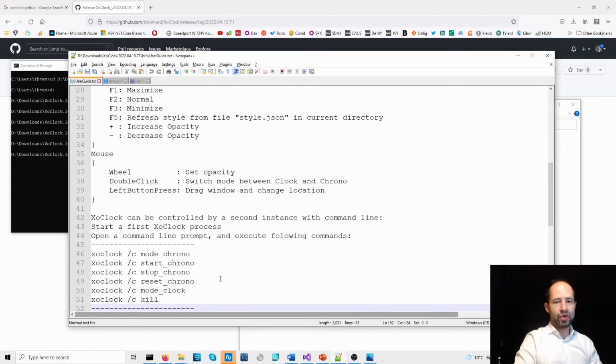So now we have made an exhaustive review of the functionality, and now that you have a good view of what the clock is doing, and it is not only showing some clock you saw, we are now going to see together how the code is organized. It is written in C#.